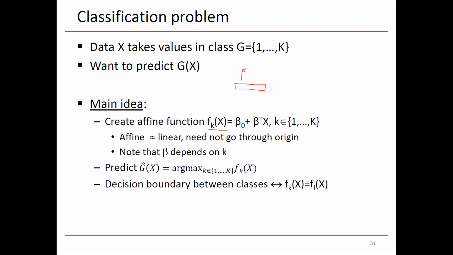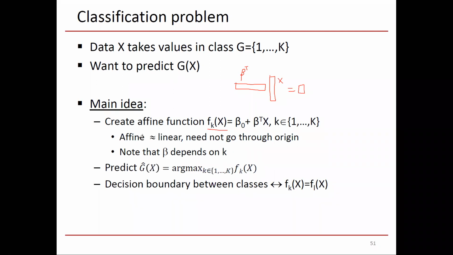Beta transpose is a row vector, and x is a column vector. Row times column is equal to a scalar. Scalar plus the scalar beta_0 is a scalar. We'd like that scalar after training to be close to